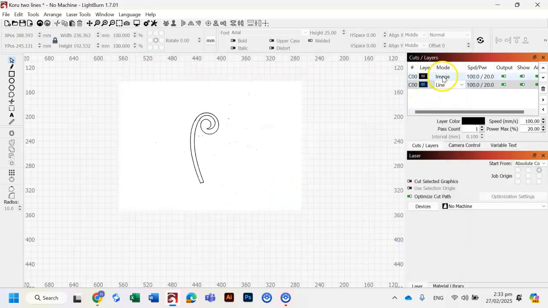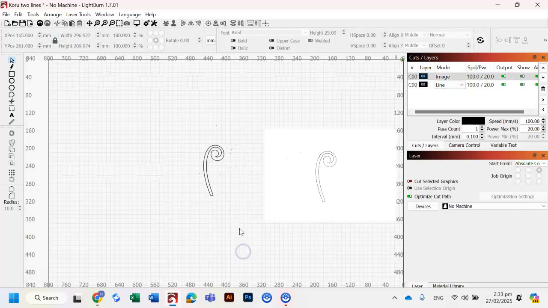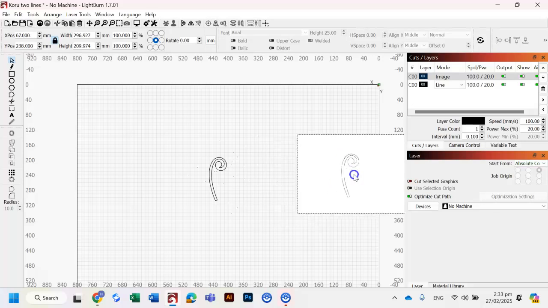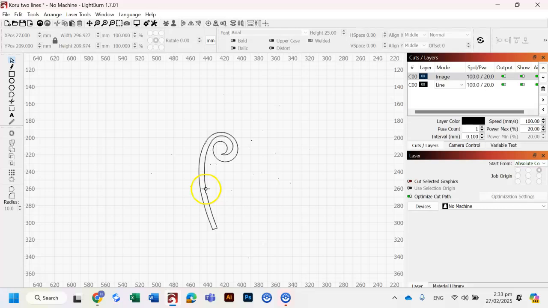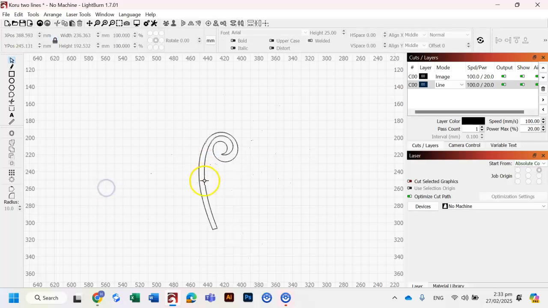And now you can see I've got an image layer and a traced line layer. So I'll move my image over to the right. I don't really need that anymore. And then I've got my traced image here, and I want to select it and ungroup it to separate all the little lines. So right click over your image, select ungroup, and now you should be left with your main image